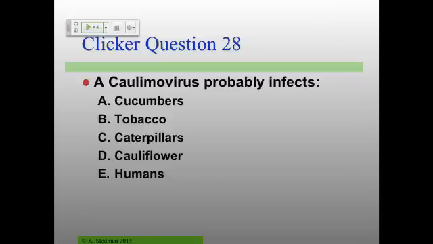So today's starting question is, a caulimovirus probably infects cucumbers, tomato, caterpillars, cauliflower, or humans. The original thing that's infected. So, like cucumber mosaic virus infects